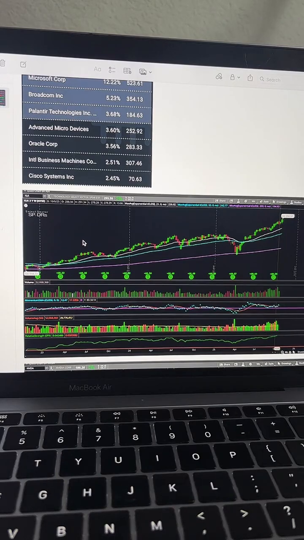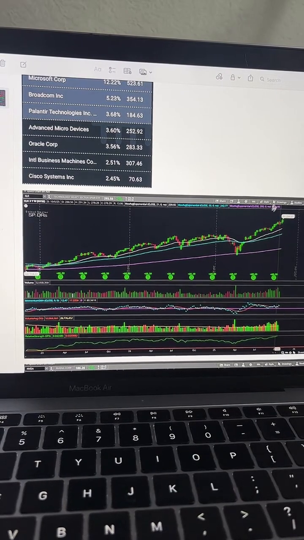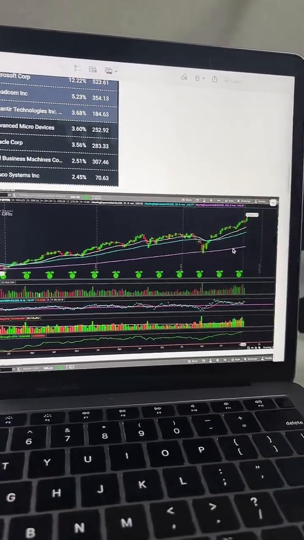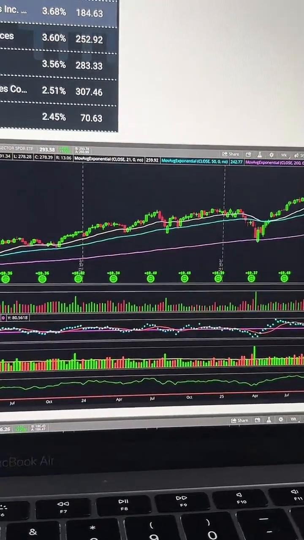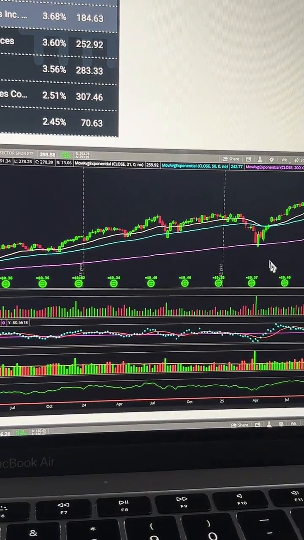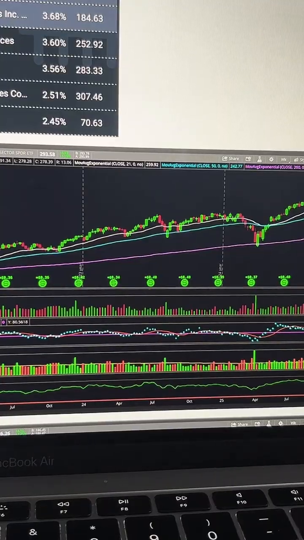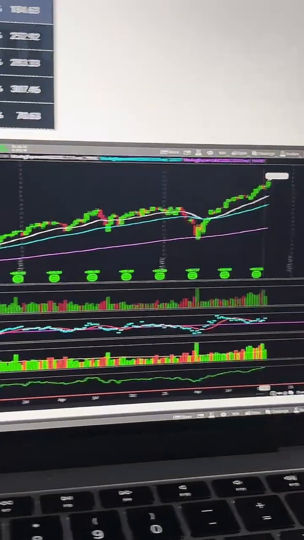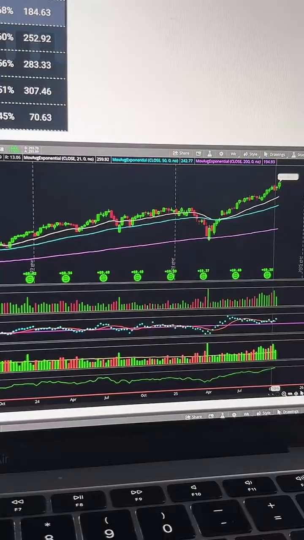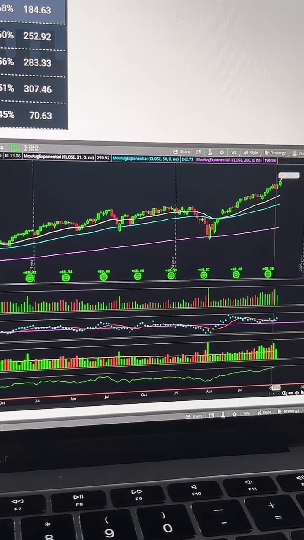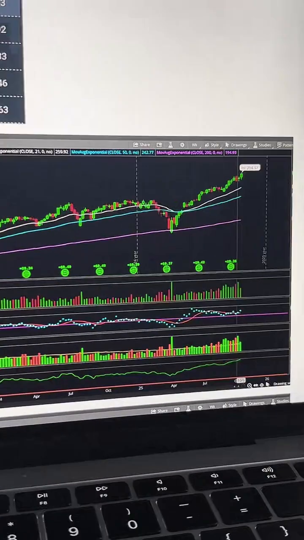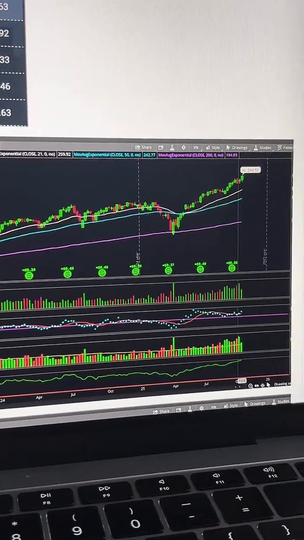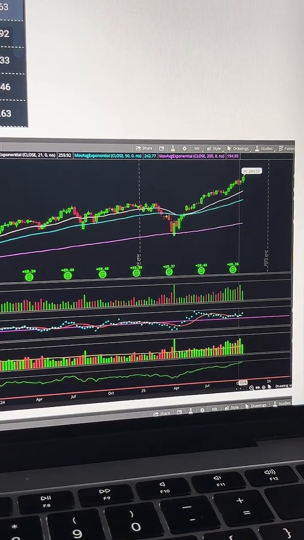Let's see, where was I at? Okay, so XLK, this is the chart for the tech sector, right? Now, if we're looking, here are some things that, how do I move? I really need to learn how to broadcast from the screen. Anyways, so here are some things. I don't know how close it is on the screen, but I hope you guys can see it good. So here are some things that, like I said,